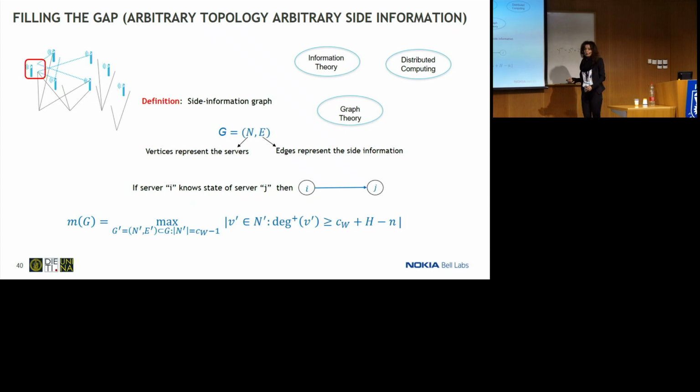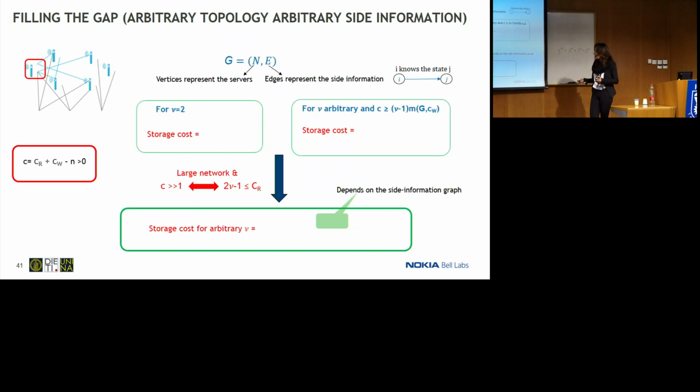Now, I'm not going into the detail of this formula, which unfortunately is the only one that is now visible, but the idea is that this formula is somehow, in a compact way, expressing the connectivity and consequently the level of side information that each server has. Computing this is, of course, an NP-hard problem, but we have some bounds for this result. And now you should have seen how the storage costs depend on that parameter.